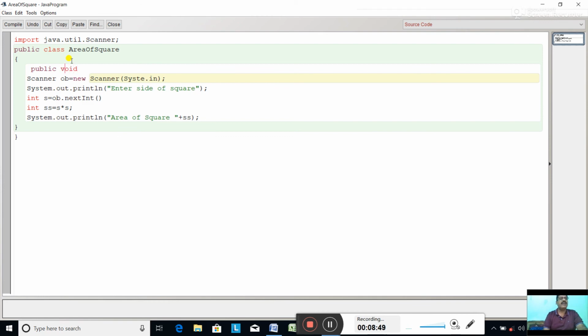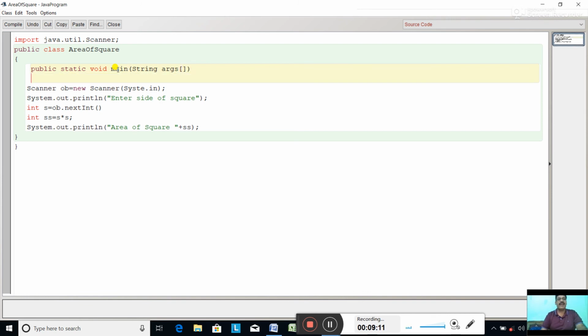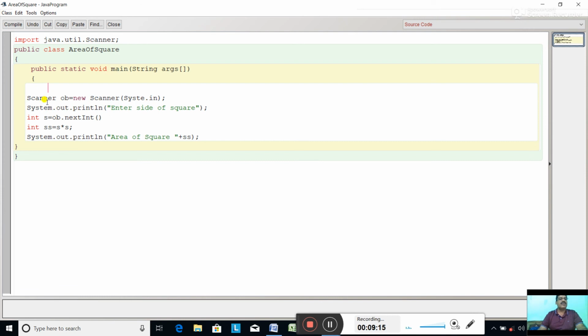Public static error comes when you make a typing mistake. The line is public static void main String. I showed you this today purposely, so that you notice that when you make a mistake, your program will not get compiled. So don't make any such mistake. This is the Scanner creating line, and this is the printing line.